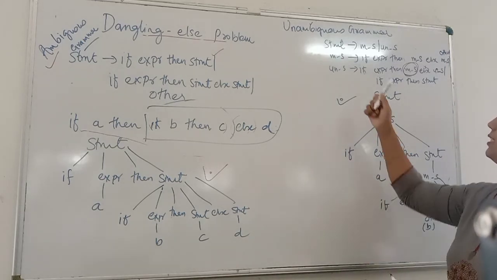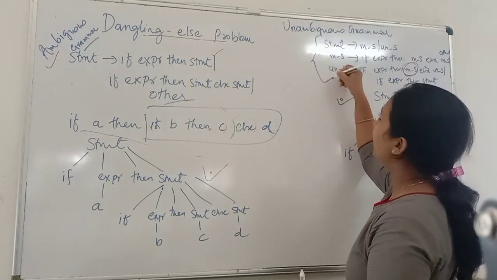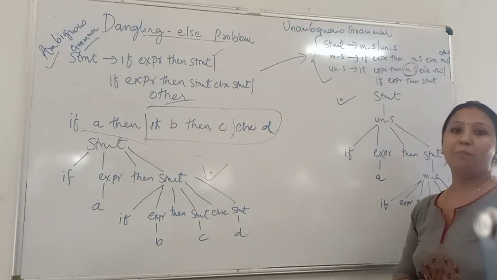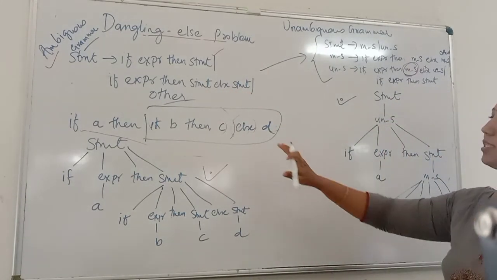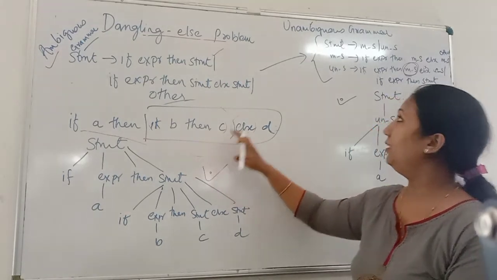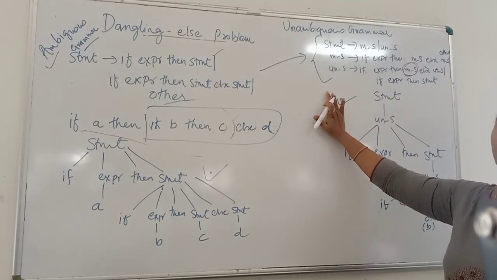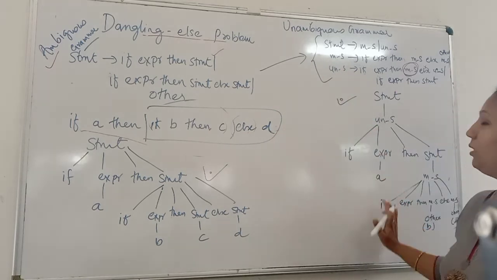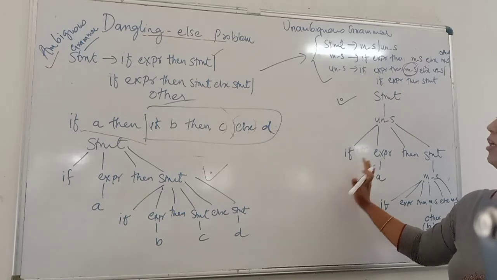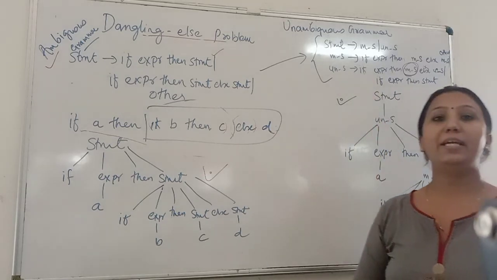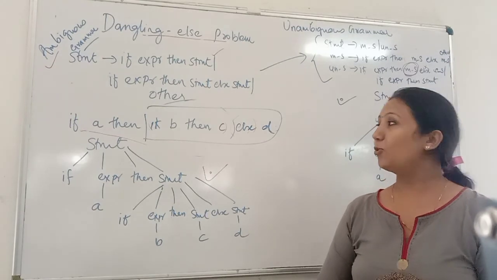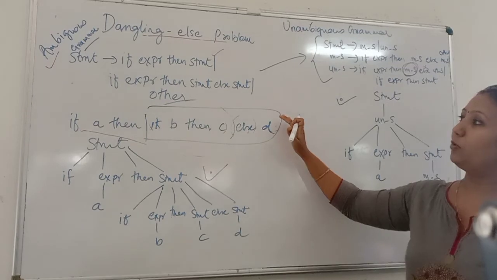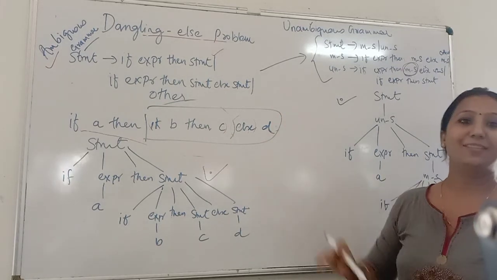So we can say that this grammar is the unambiguous grammar for the ambiguous dangling else grammar. This is the dangling else problem, and its unambiguous grammar is its solution, where the string can be derived with a single parse tree. The ambiguity is removed by rewriting the same grammar. Hope this video will be helpful to understand how we can remove the ambiguity from the dangling else ambiguous grammar. Thank you.